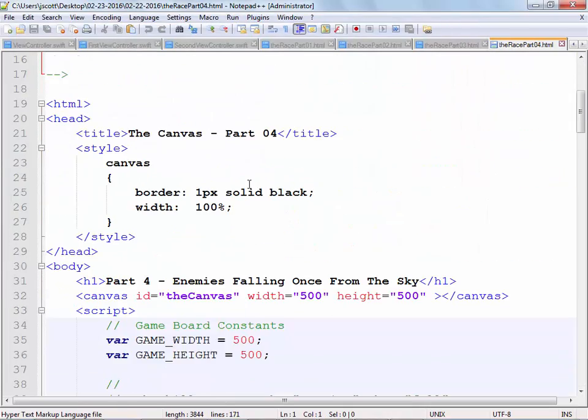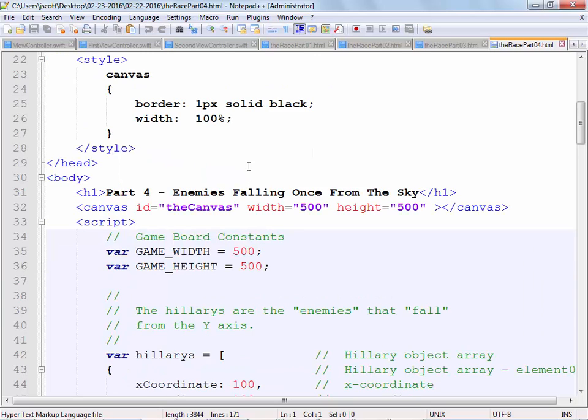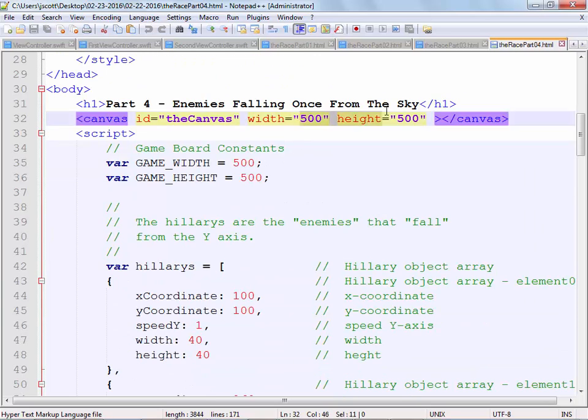All right. Part 4. Now we're going to worry about the y coordinates. Well, I started to use 500 all over the place, so I created a couple constants. Remember that in newer browsers, I can put the word const in there. But older browsers may or may not recognize the word const. So I put them in there as vars, which means they could technically be changed, but I put them in upper case because that's usually what's done for constants.